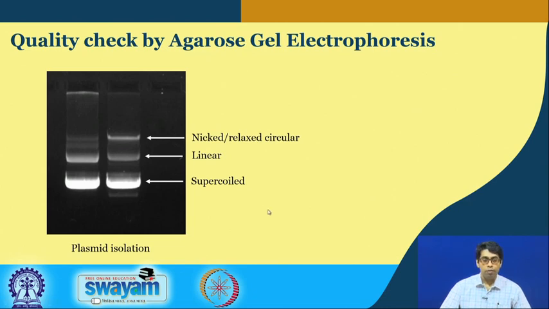Now, once we have this eluted solution of our plasmid DNA, we have to check its purity, and that is done using agarose gel electrophoresis. Remember that DNA is a highly negatively charged molecule. So, we do not have to add anything like SDS to make it negatively charged. So, once you add your DNA sample to the wells, and if this is the positive end, all the negatively charged DNA molecules will start moving towards the positive end.